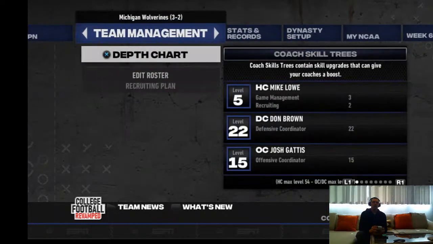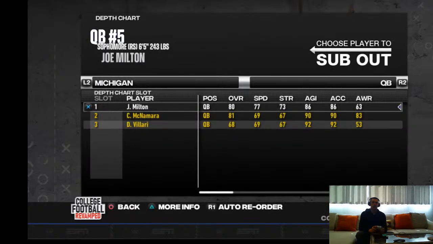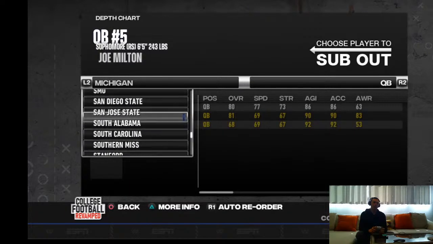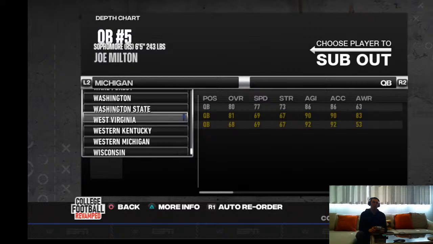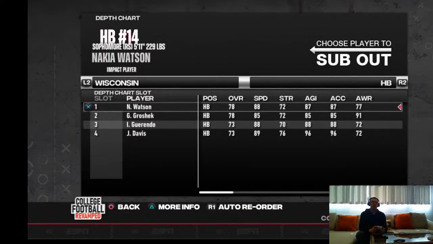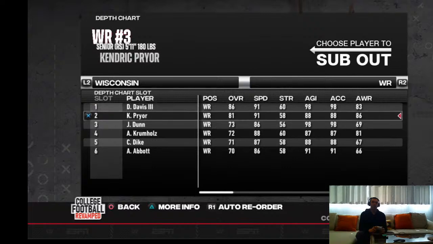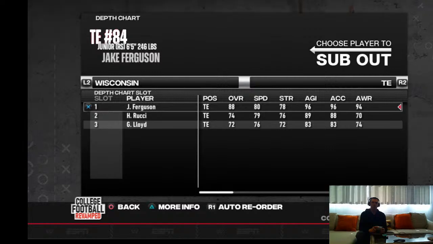Alright, so last thing I want to do before our game is check out Wisconsin's roster, because I'd like to see where there might be some holes to take a look at. On the contrary, maybe there's some spots that we want to avoid. Come on, speed up. Alright, so their quarterback, pretty solid, not very fast, so that's good to know. Their running backs aren't complete killers or anything. Danny Davis III, pretty good boot. They got two very quick receivers, Kendrick Pryor and Danny Davis. So they're going to have some speed, but we'll still try to man up with these guys. They got a good tight end.